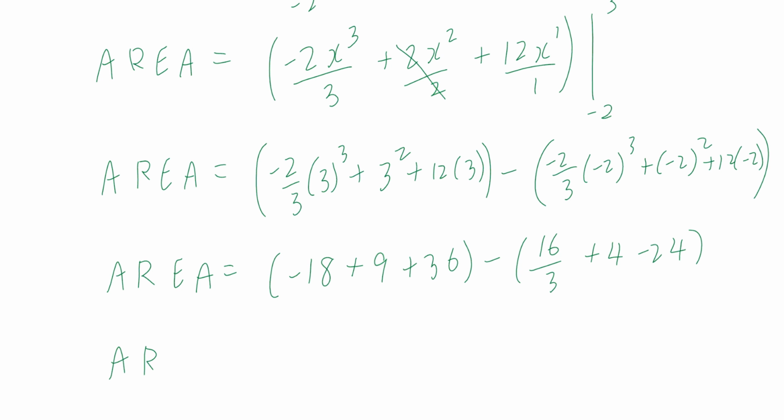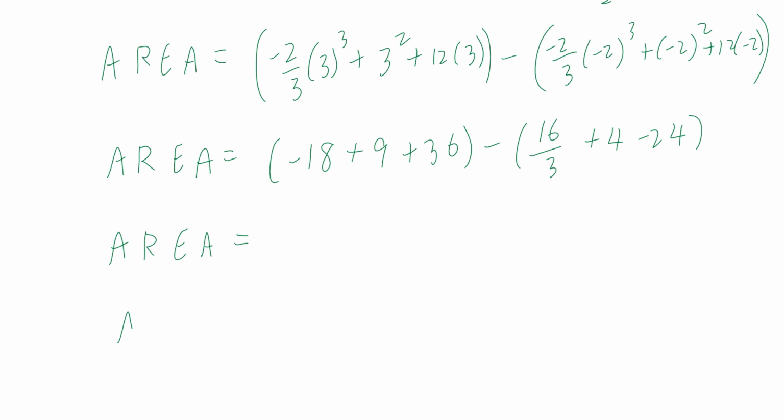Now, let's break this down into 2 more steps in case someone is doing mental math right now as you're listening to this. Now, the first part, -18 plus 9 is going to be -9, plus 36, that's going to be 27. Now, this part right here, 4 minus 24 is going to be -20. There's a negative sign at the front. That's positive 20. So 20 plus 27, that's going to be 47